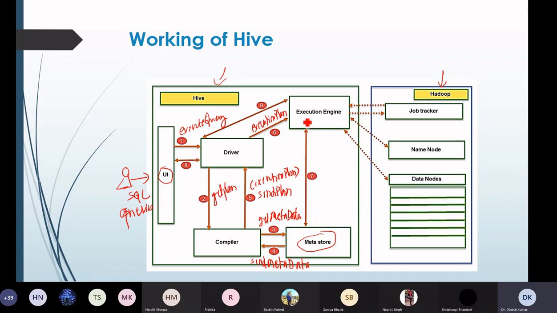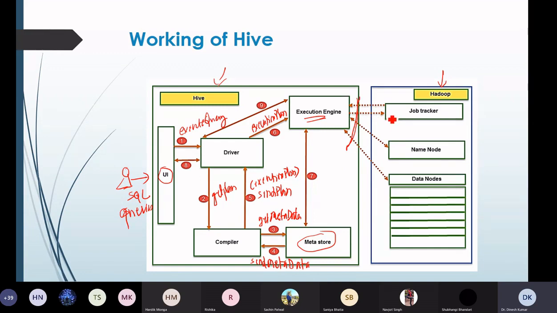Now in the seventh step, it will submit the job to the map reducer. Right? So the execution engine will communicate with this, and it will submit the jobs to the job tracker. All these are represented with step number 7, because they are not directly represented.